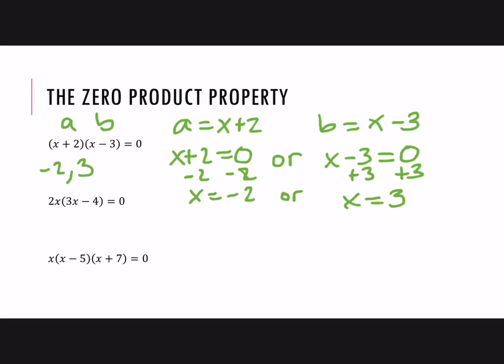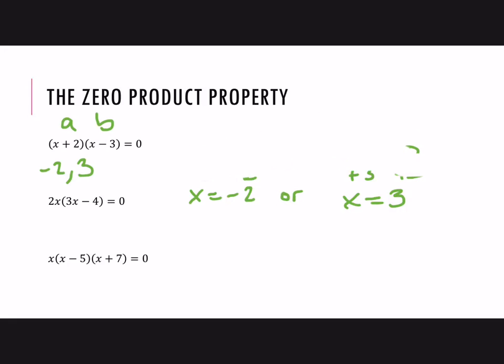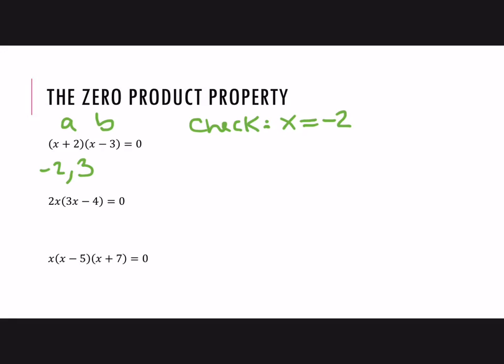All right, so let's try it. Let's check. So I'm going to check the same way that I did linear equations by substituting in those values. All right, so let me check them one at a time. So I'll do x equals negative 2 first. So we end up with negative 2 plus 2 times negative 2 minus 3